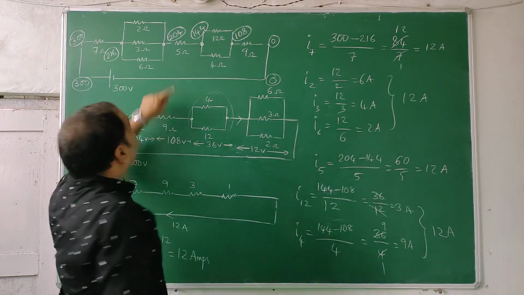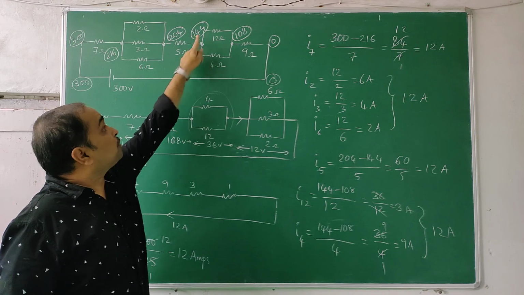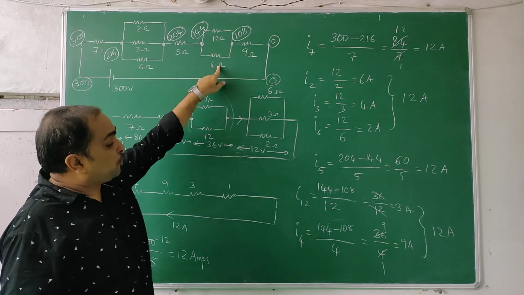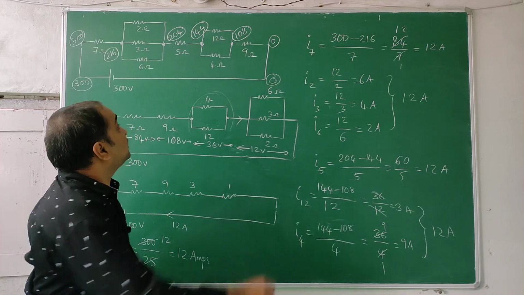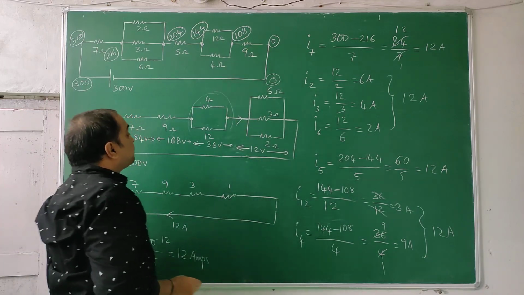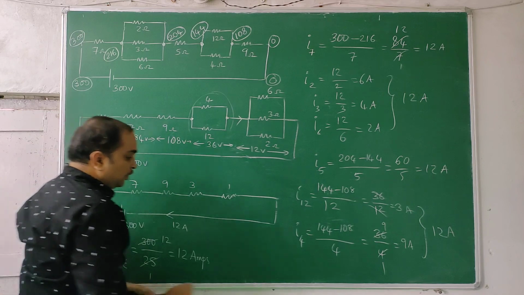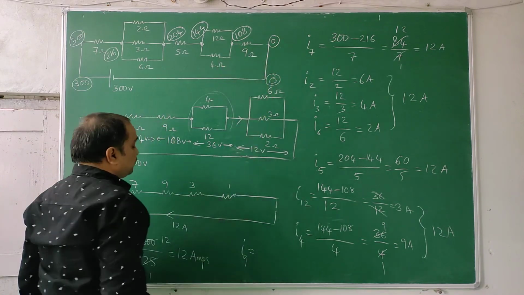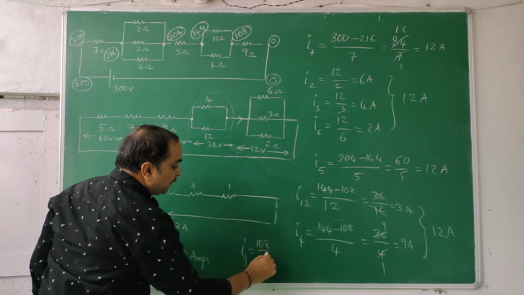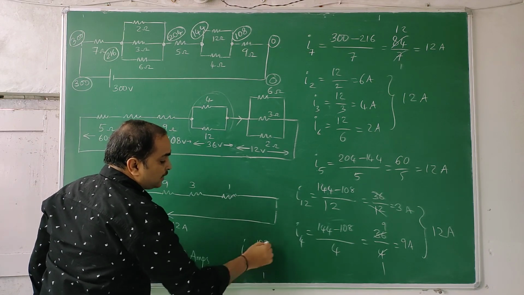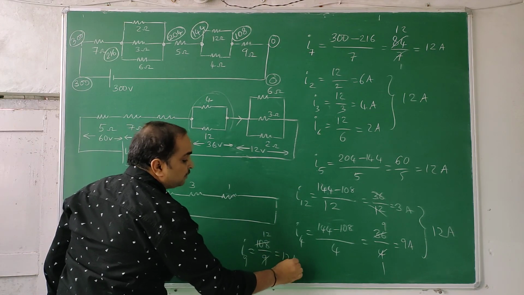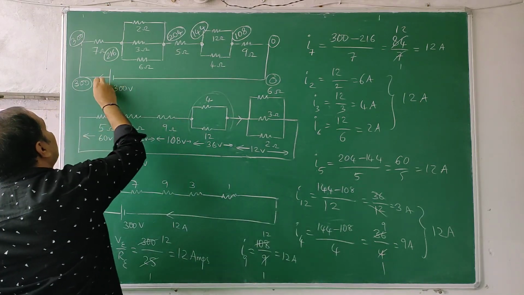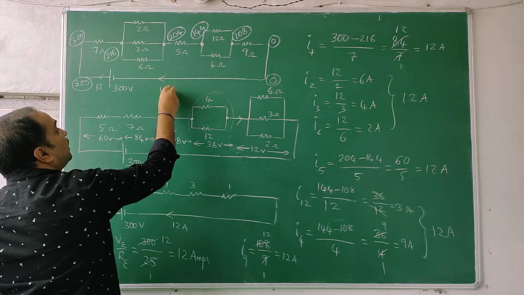So here 12 ampere current comes and splits into the 12 ohm and 4 ohm. In the 12 ohm it will be 3 amperes. In the 4 ohm it will be 9 amperes. Last, across the 9 ohm, the potential difference is 108. So I9 is 108 minus 0, that is 108 divided by 9. 9 twelves are 108, so 12 amperes. So the current starts here as 12 amperes and comes back here as 12 amperes.